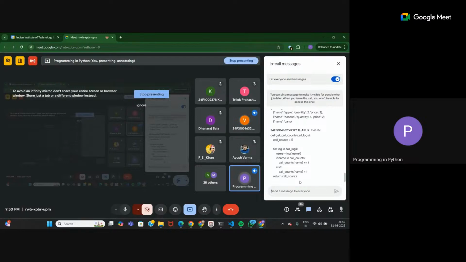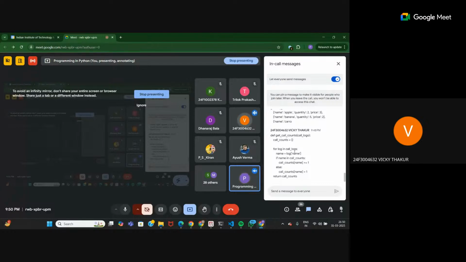The call counts dictionary you are creating, right? For that, you have to create all of the keys. Yeah, ma'am. So for the name, you have created log name. Yeah, so that's your key. And then if name is in call counts, if it is already present, then you are incrementing by 1. Else you keep it as 1.